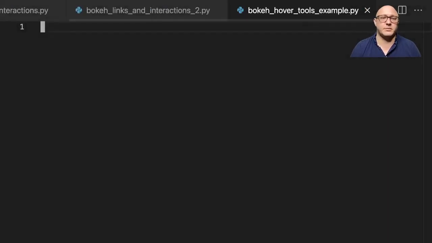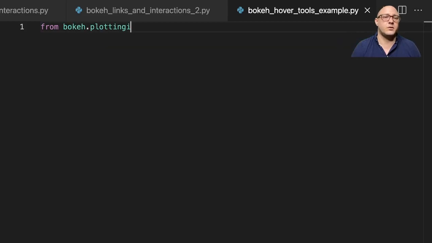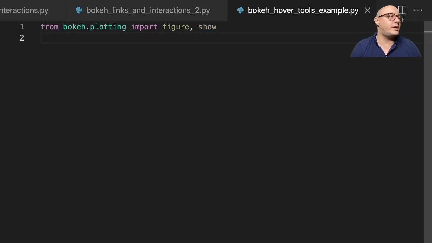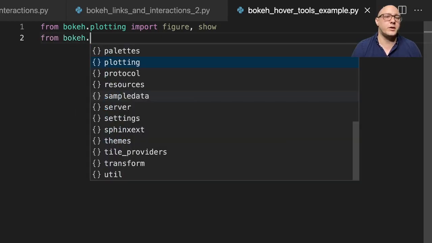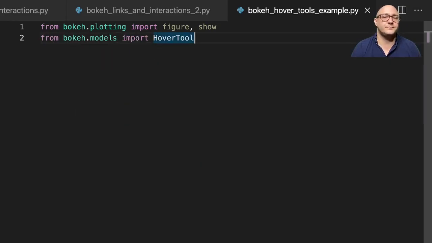I'll just do this example because I'll have a couple more examples later on. So again, from bokeh.plotting, we're going to import figure, we're going to import show. And then we also want to say from bokeh.models, we're going to import the HoverTool. And then let's go on and